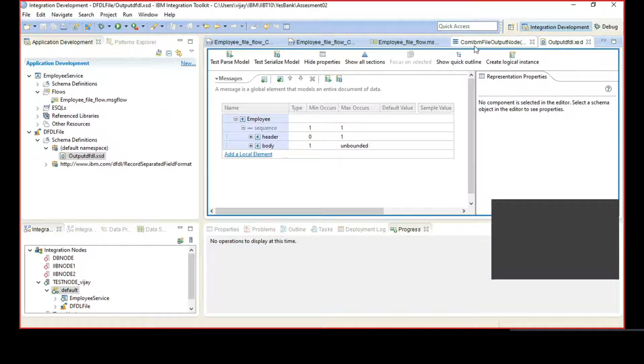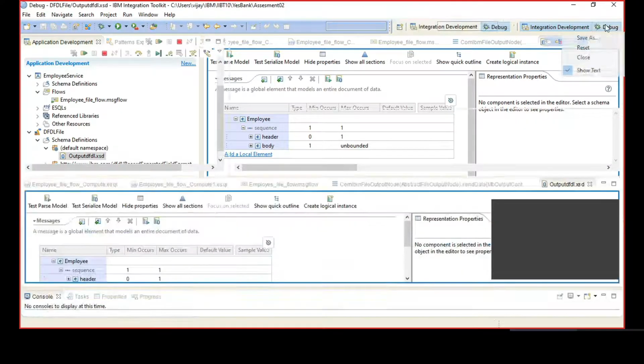If you don't write code, it cannot do anything automatically. You'll have to write it in ESQL and it will process. I was facing the problem for that also. Can you tell me how I can access all the headers from this XSD? We'll fix this problem first and then we'll go to the header. Okay, fine. So finish your debug and then deploy your code.